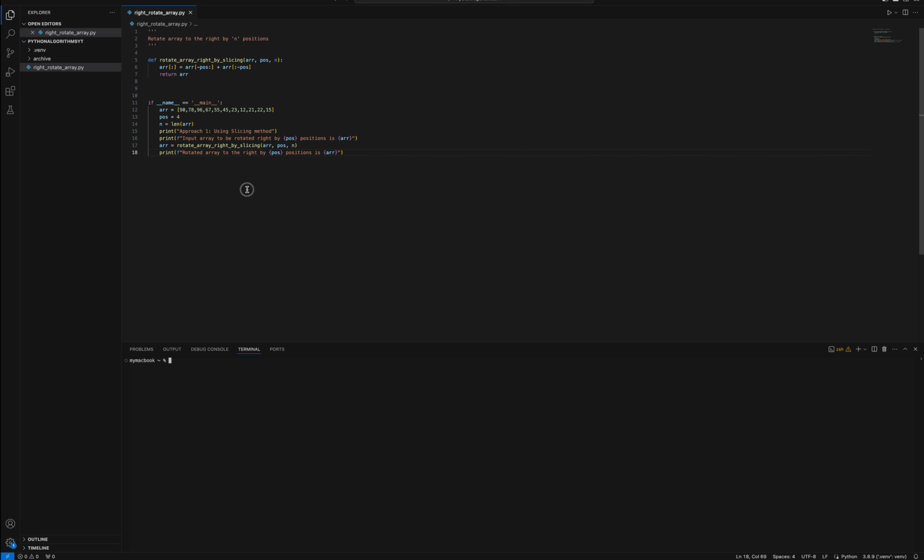So now let's look at the other approach for rotating your array to the right one by one, and repeat that for n positions. So now let's have the same input array, same positions, and calculate the length of the array. And let's add a print statement. Copy the same print statements which we have above. So this time using